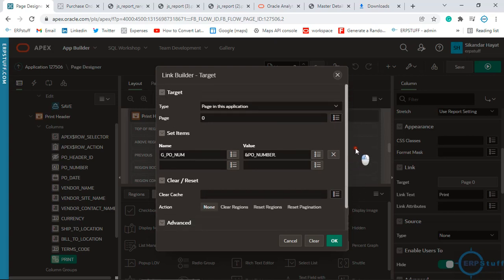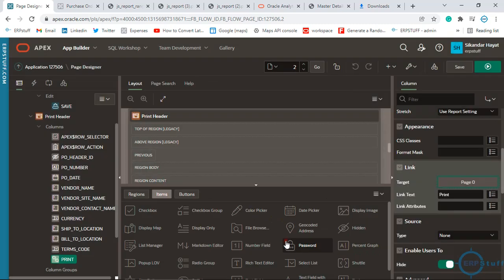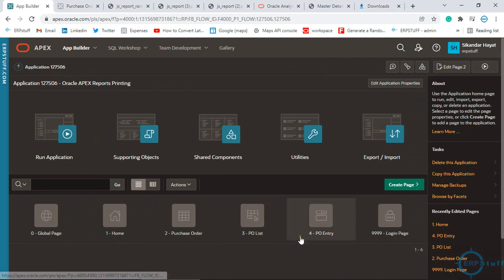Here I did just one change. I am assigning to this global item or variable the value of PO number, which I am passing over here. Then in the query I am using this as a parameter. So, this is how I played with the interactive report, and then you can just run it straightforward. This is for all LPOs, whichever LPO is the current line, it will print that one because it is passing that as a parameter. Okay, let me show you what I did on a page.